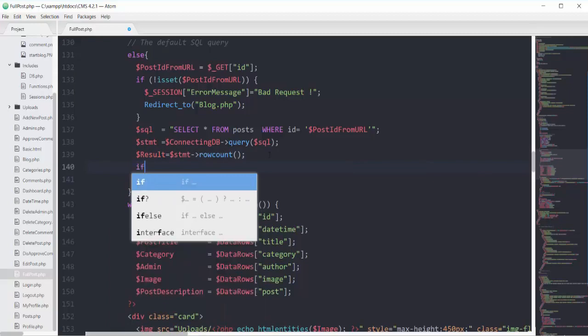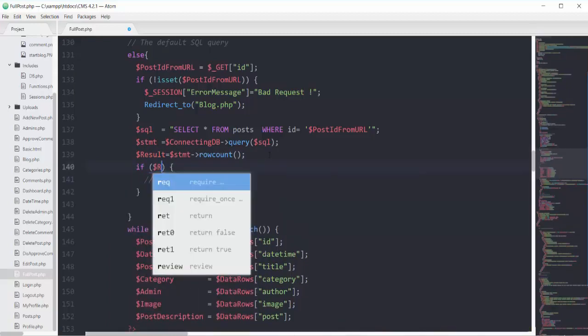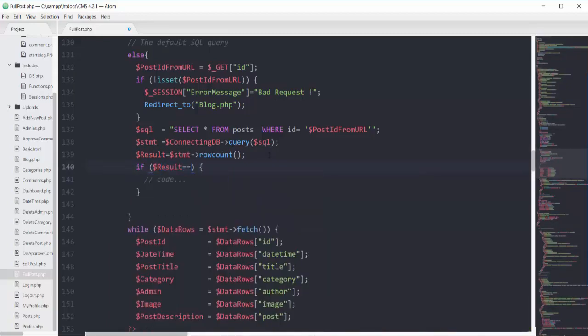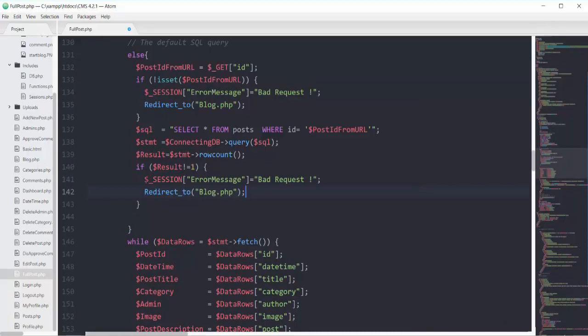Then on the next line I can say that if this result variable is not equal to 1, then have this error message and send the user to the page of blog.php. Let's try this one.